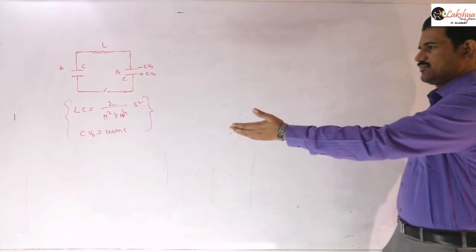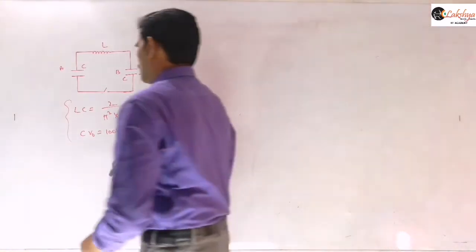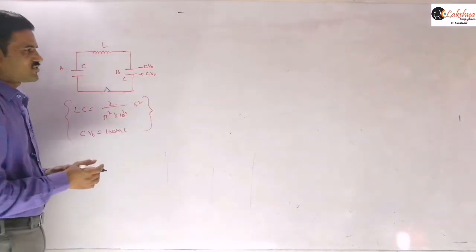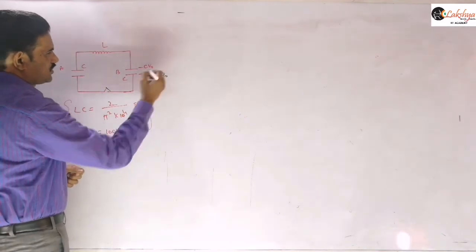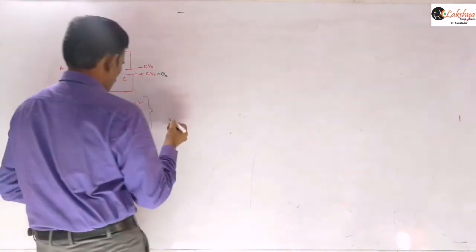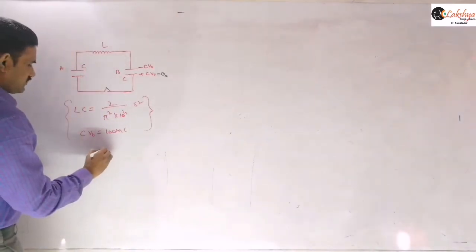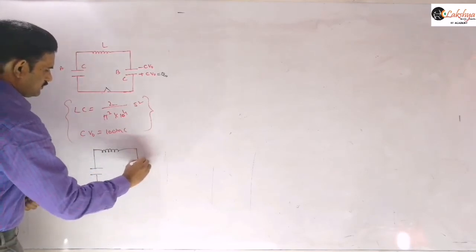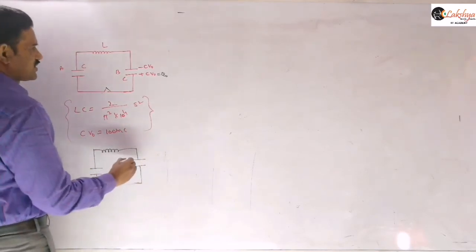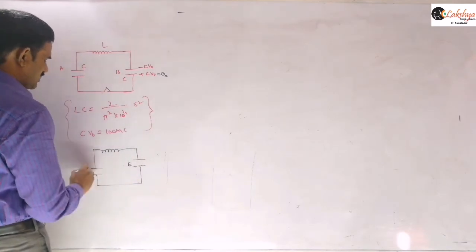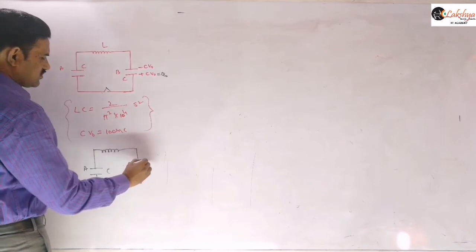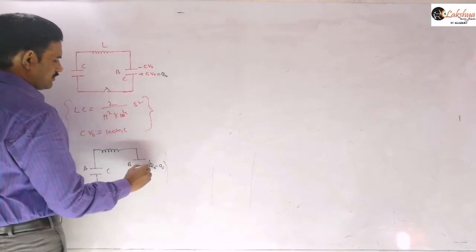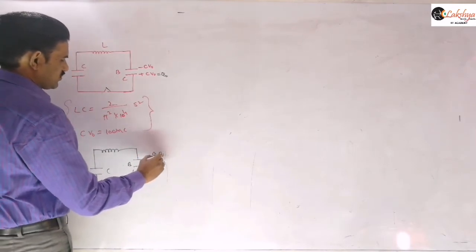Right, that is the given data. We know the charge on this capacitor goes on decreasing, so suppose you may consider this as Q naught here. Then I will draw this circuit again here. Now this is capacitor B and this is capacitor A, both are C only, identical capacitance. Then the charge on this capacitor will become Q naught minus Q, plus Q naught minus Q, and this is minus of Q naught minus Q.